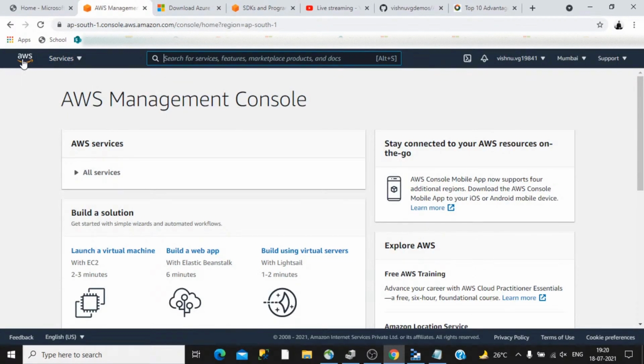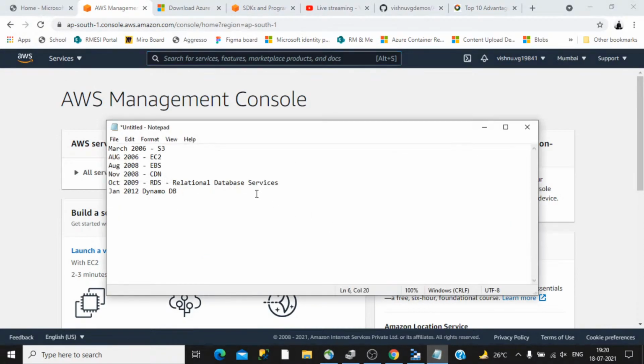Some of the features we have discussed now, and we can look into how Azure came into the picture. So I will quickly go through the way by which the development started with Azure. In October 2008, Microsoft Azure came into being. Then a year later, in March 2009, they came up with a service called SQL Server.